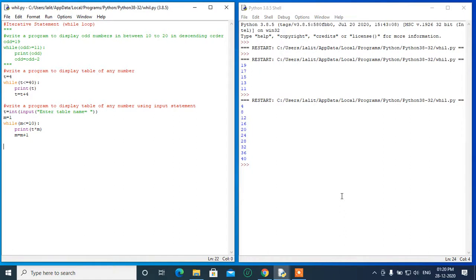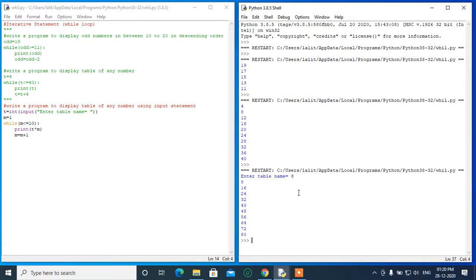Okay, now save this program and change it here, save it and enter the table name. Suppose I am going to press 8, it displays the table of 8. If you want to display the table of 8 like 8 into 1, 8 into 2, 8 into 3, so you have to make a little bit of difference. So in that case you have to write